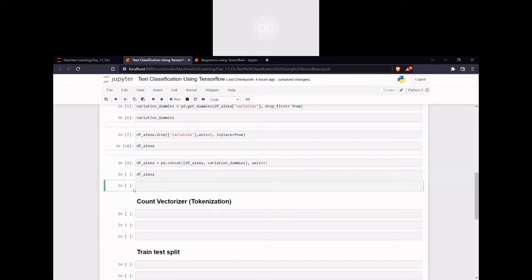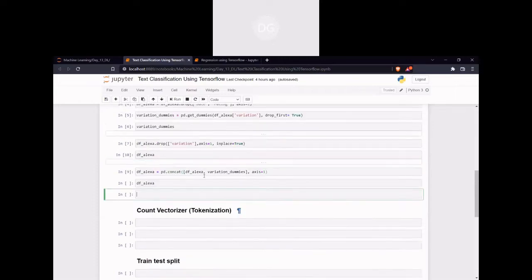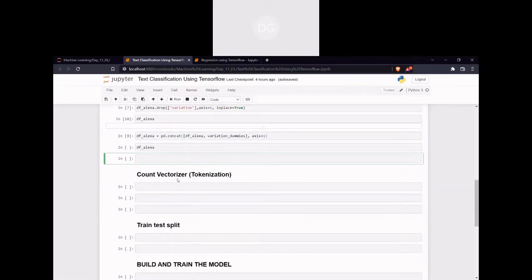Then what do we have to do? Here is the extra thing we are doing for the text data. Tokenization: all the reviews are going to be converted into the tokenization format. For text, scikit-learn itself has some extensions. As mentioned, CountVectorizer is present in scikit-learn itself.